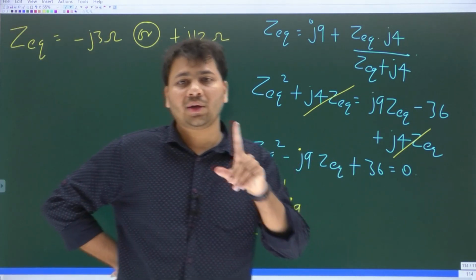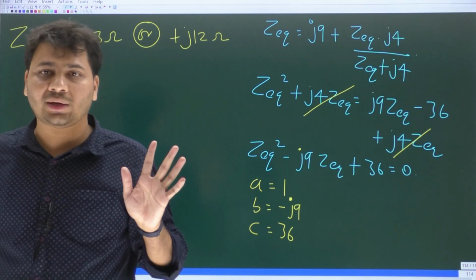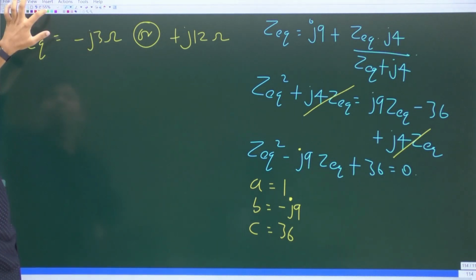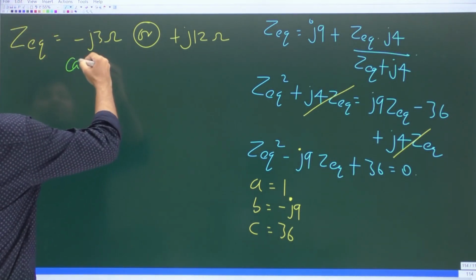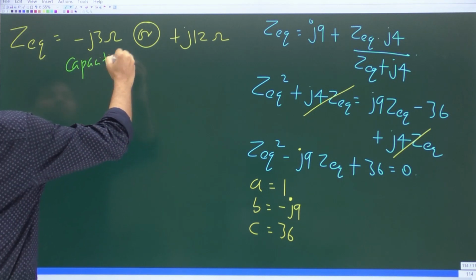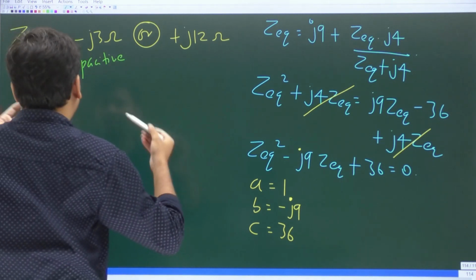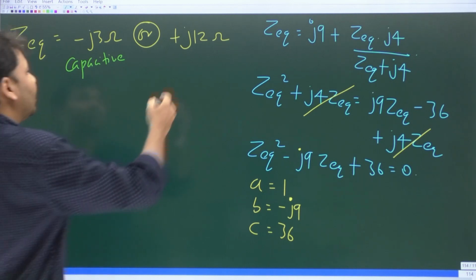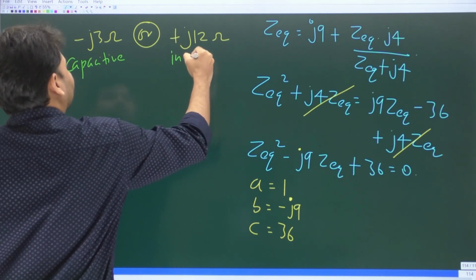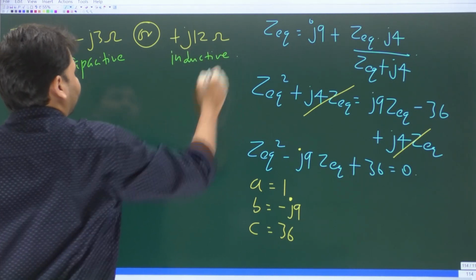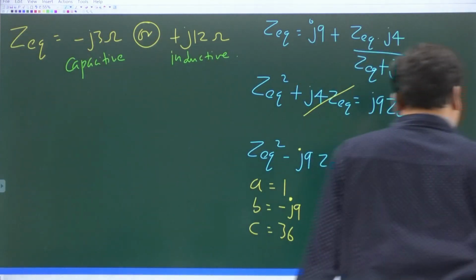Capacitance has a negative reactance. So minus J3 implies the network behaves like a pure capacitance. And plus J12 is inductive. So if you go back to the original network,